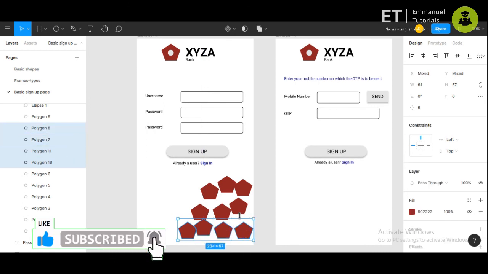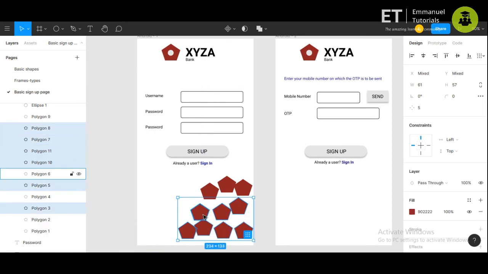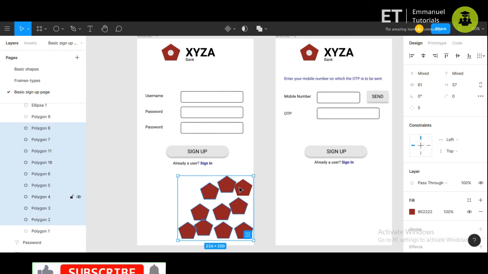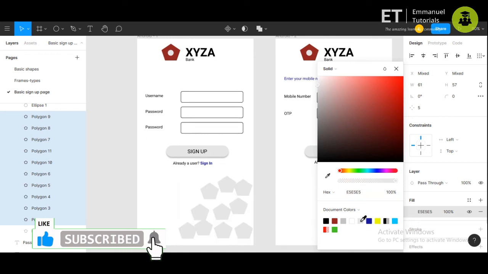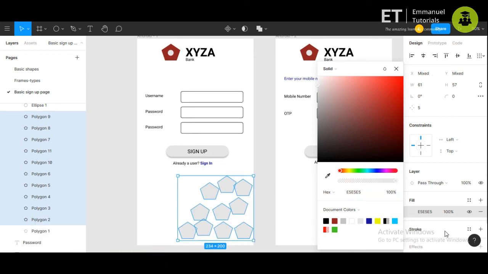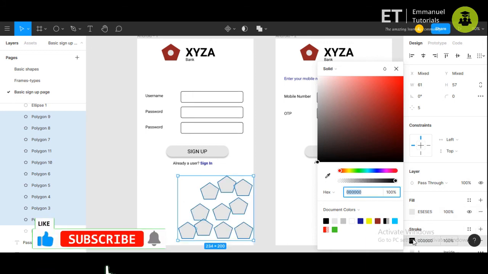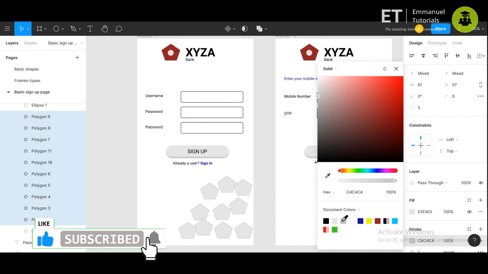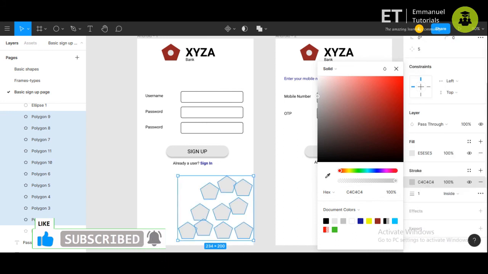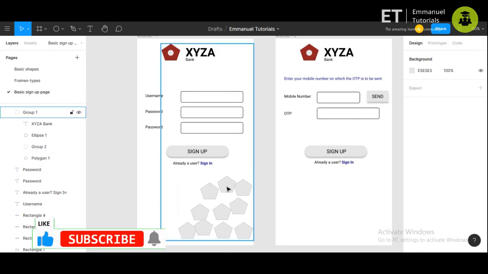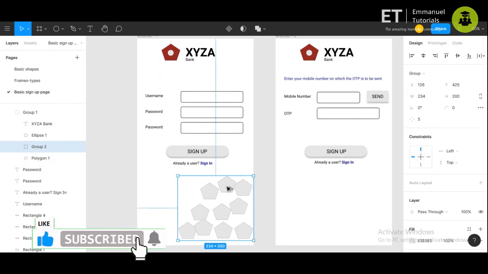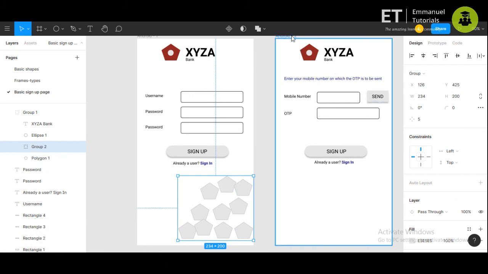And we'll change the colors so that it merges with the screen. The same thing we can add to the next screen too.